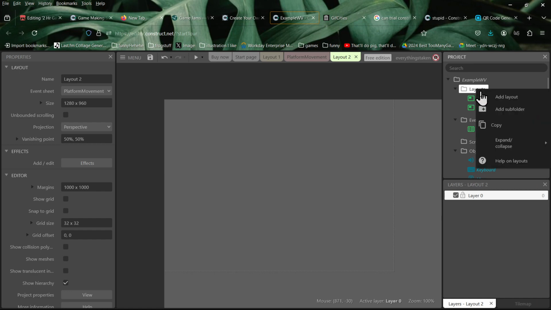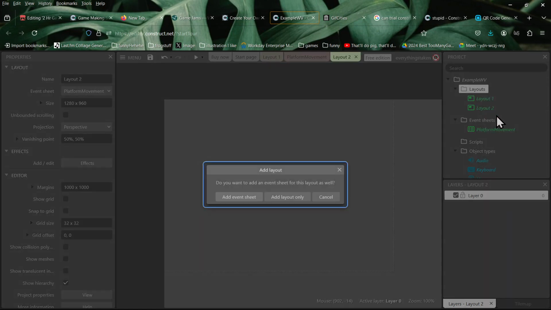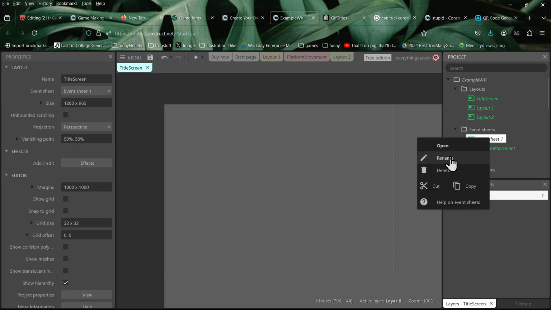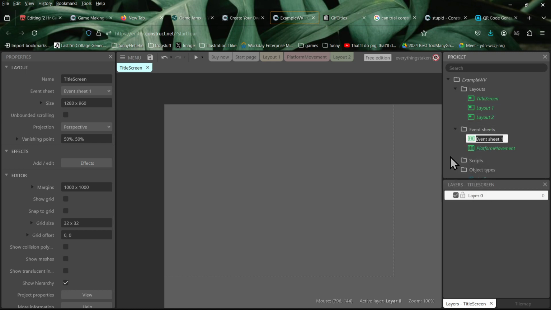But maybe a good idea could be, if you want to have a title screen, I'm just going to label this layout title screen, and then I'll label the event sheet ES title screen. So then it just goes immediately with it.